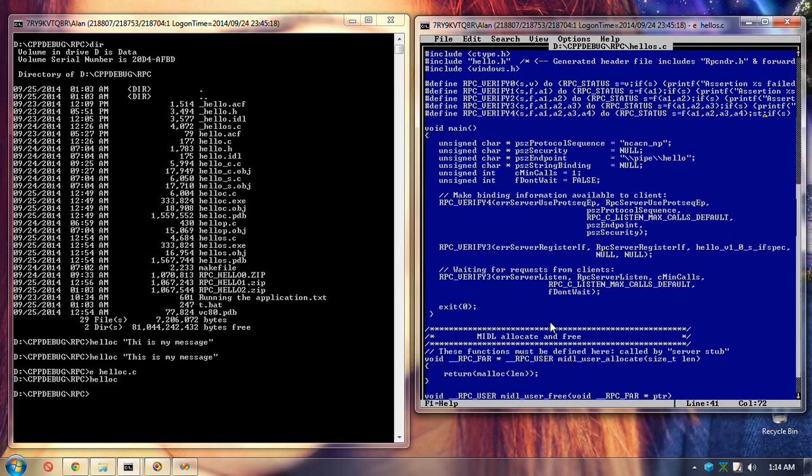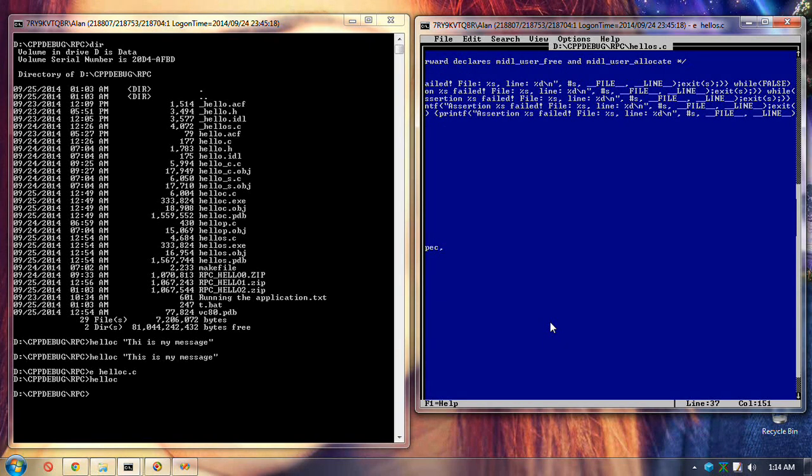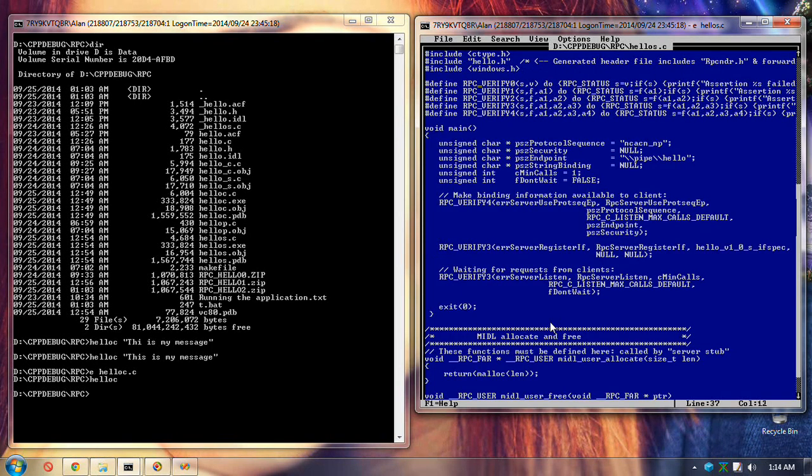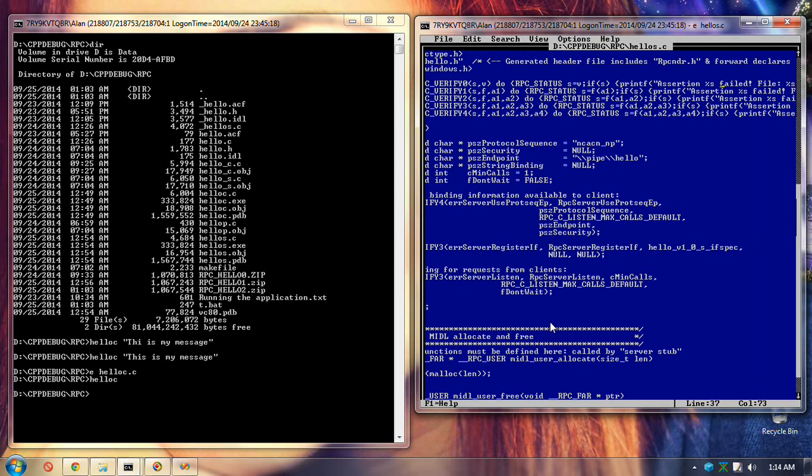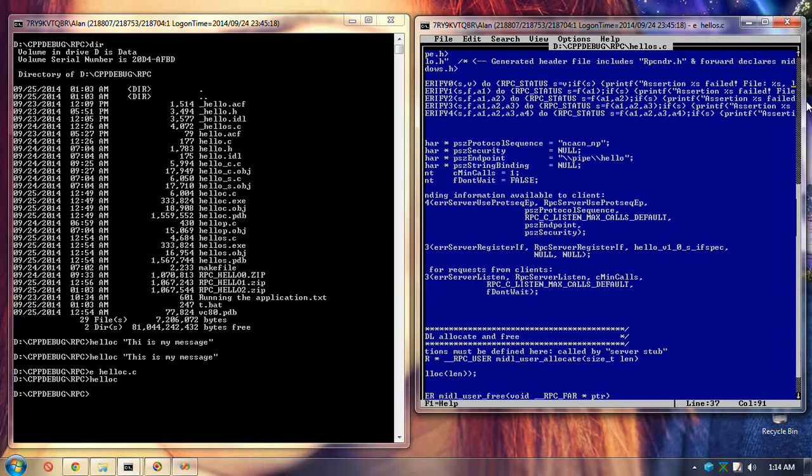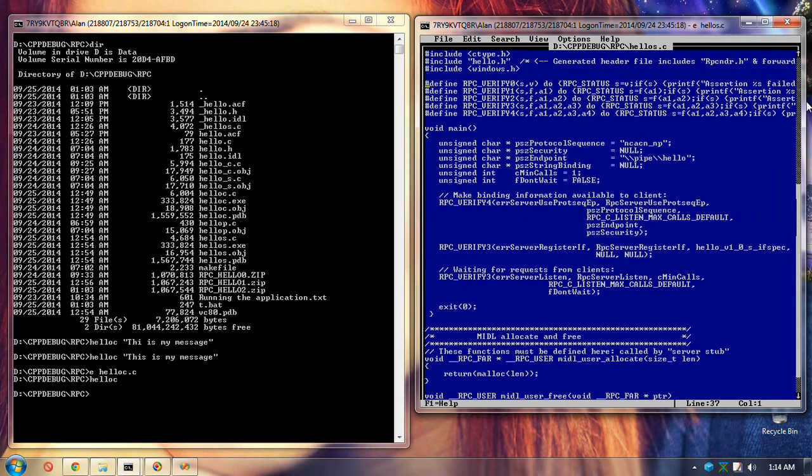not assert. I improvised and made my own assert here. Just print out file and line number and the return value, if it's non-zero. Assertion %s. %s would be the name passed in. So it would say error server listen failed in that case, and then just file and line number. That's as good as assert.